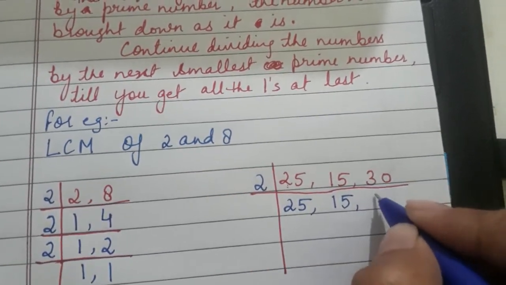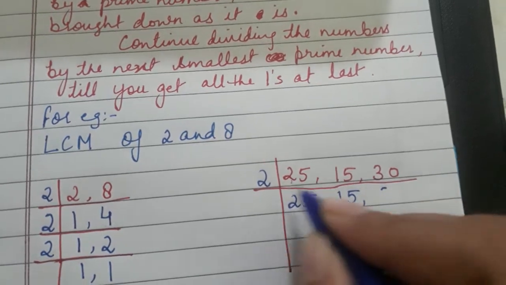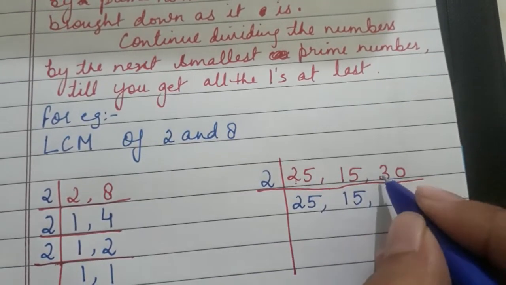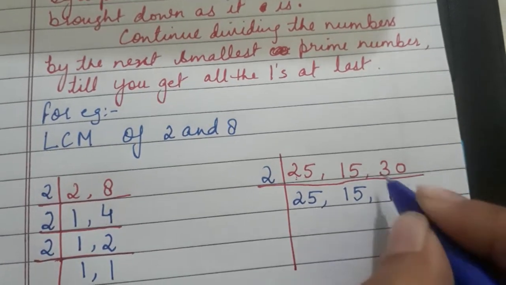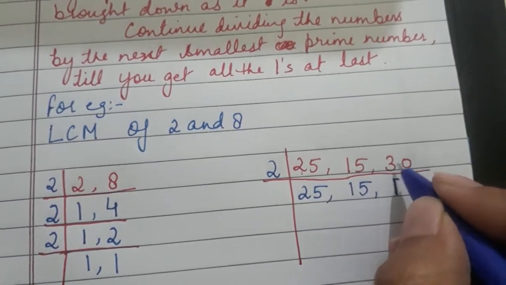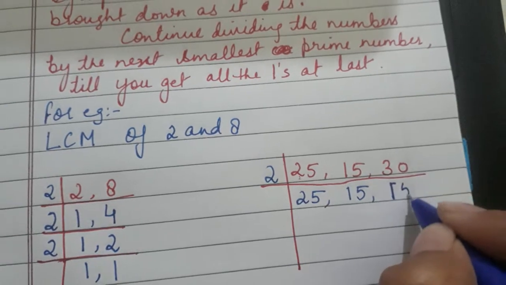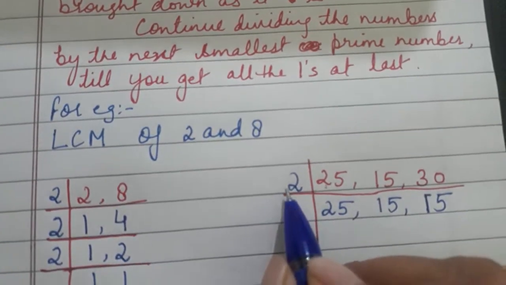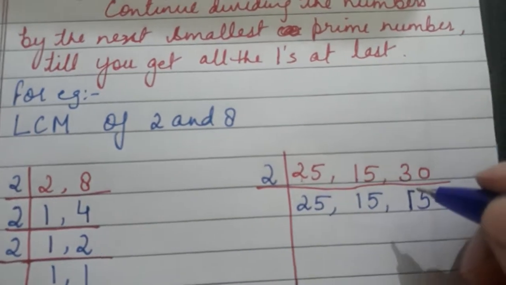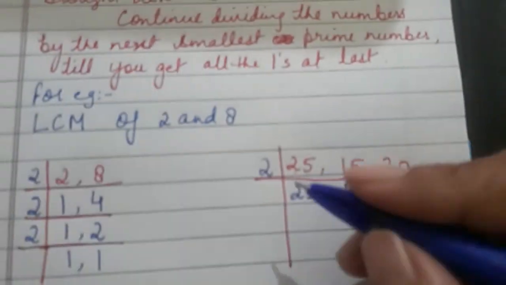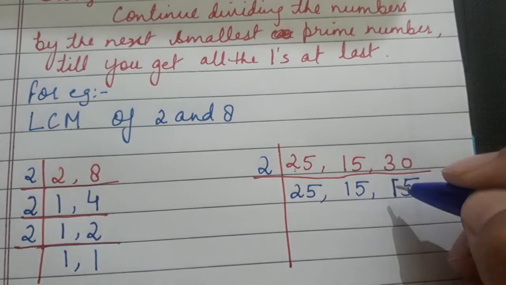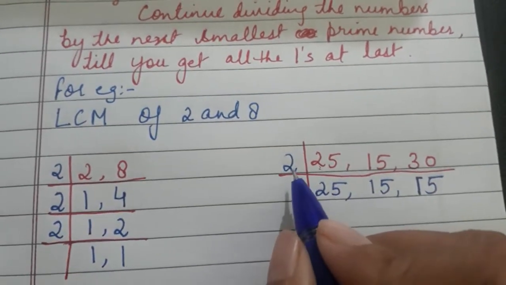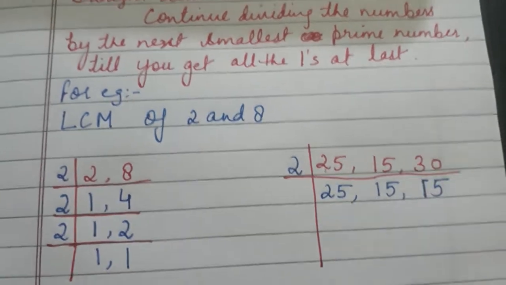But here 30 is divisible by 2. That means 2 ones are 2, 1 carry here, 1 goes here, 2 5s are 10. You can do it this way also, or in the short way, 2 15s are 30. If you want to take out single digits, you can say 2 1s are 2 and 1 comes here, 2 5s are 10. But to make it simple, let's take 2 15s are 30.